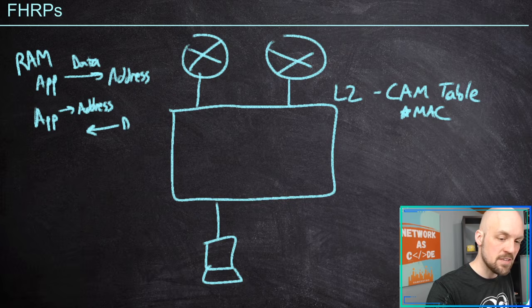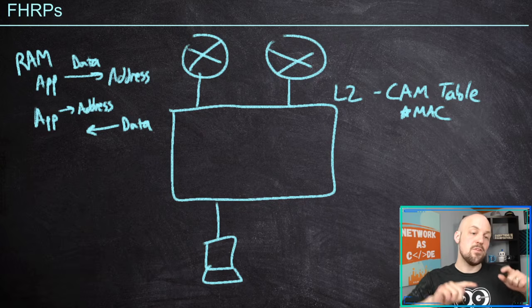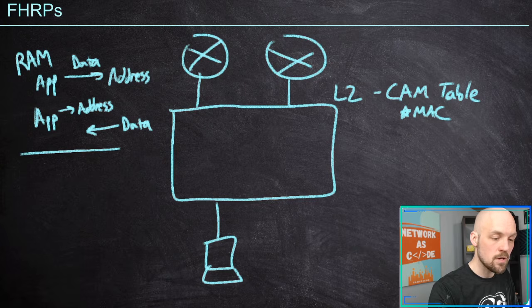And then the memory sends the data that's at that address. That's a standard memory lookup. A content addressable lookup is backwards. We're flipping it on its head, because for a CAM, we're providing